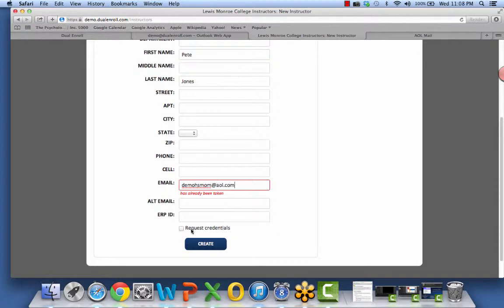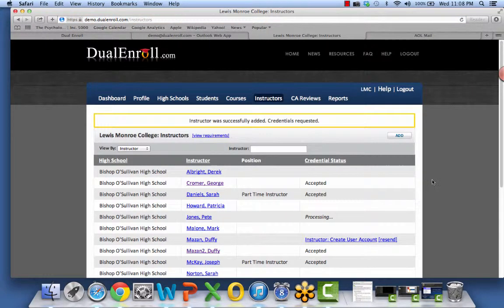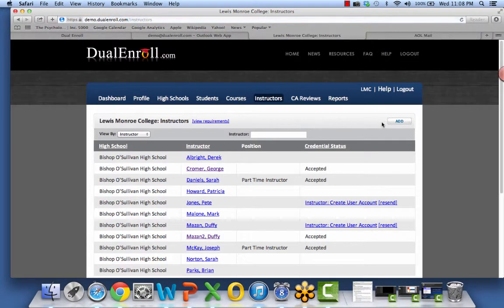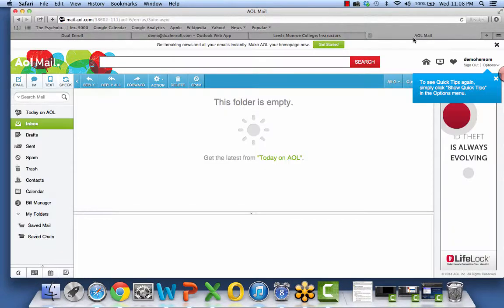Okay, I'll use this email account instead. And the system is going to generate a request to Pete Jones to provide us with the information that will allow us to determine whether he's qualified to teach courses at our college or not. And sometimes if the internet is slow and I give it a little boost, it gets its job done a little bit more quickly. So you'll see now the status for that instructor is that we're waiting on him to create an account. So I go over here to this email account,